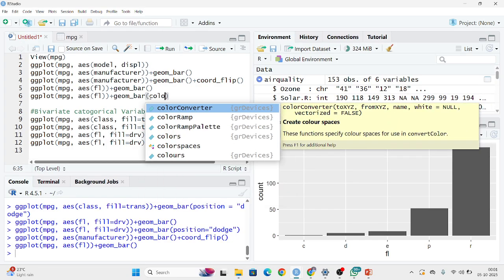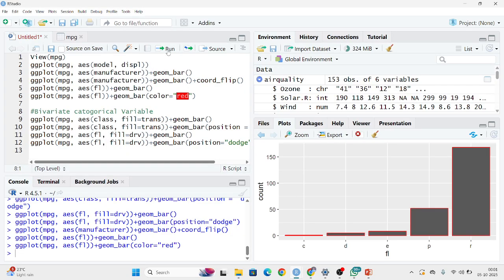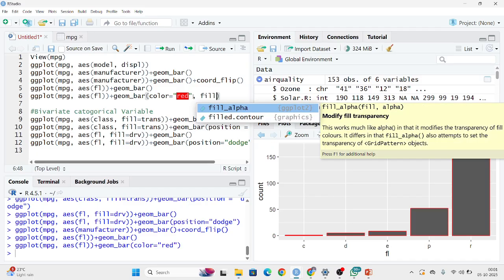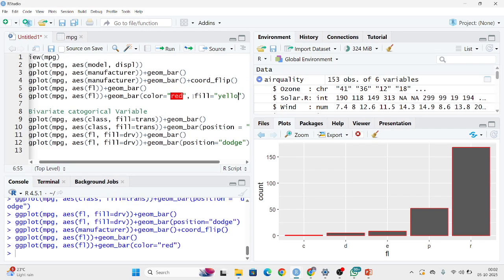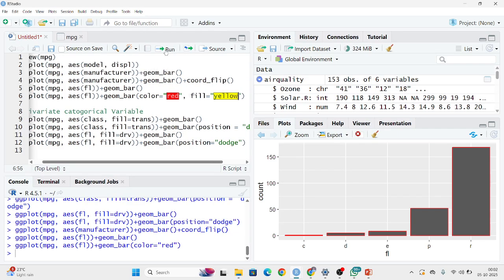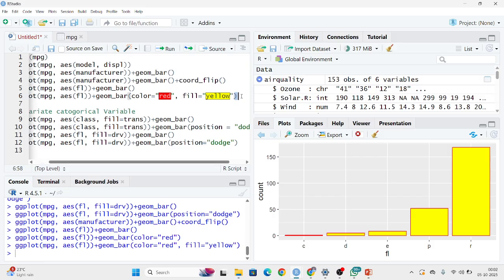Color. Color equals, I am giving a color here, red. So you can check borders are given. If I am adding fill, these colors we always define in double quotes or single quotes, yellow. So you can see that color is given. See, actually it's very small in height, very small in count. That's why we can simply see that red color only. Again in the same,